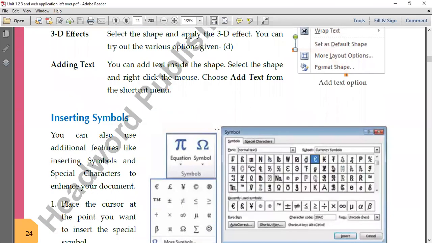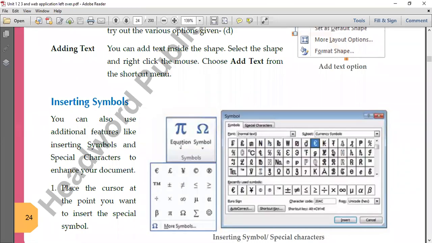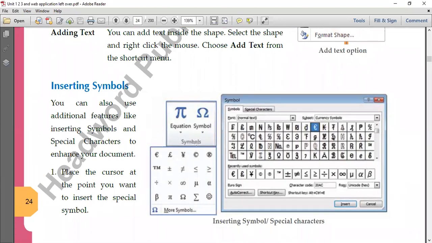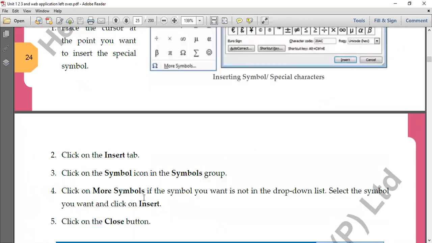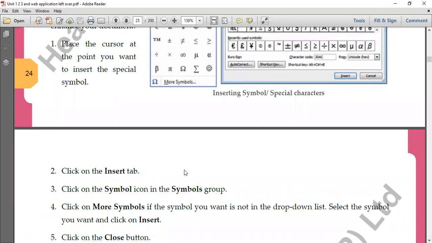Similarly, how do we add symbols? What are symbols? Symbols are basically characters that are used to enhance the document. Like the dollar symbol, the rupee symbol, and if you want to add mathematical symbols, the pi sign or the sigma sign. So if you want to add certain symbols, then we also have this option. Again, we need to go to the Insert tab. Symbols don't lie in the Illustrations group, they lie in the Symbols group. The Symbols group is at the very end, right most.